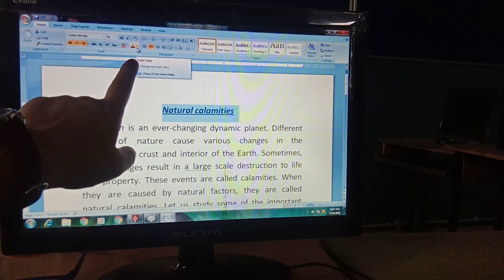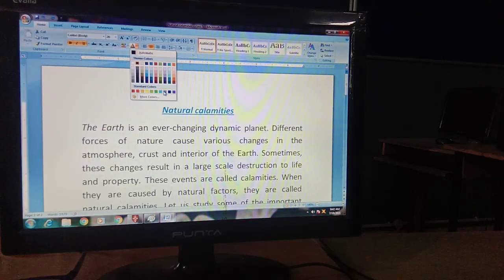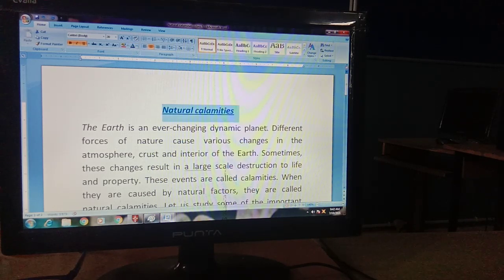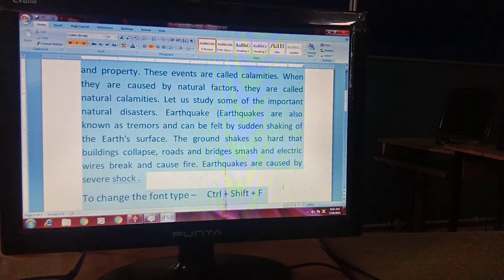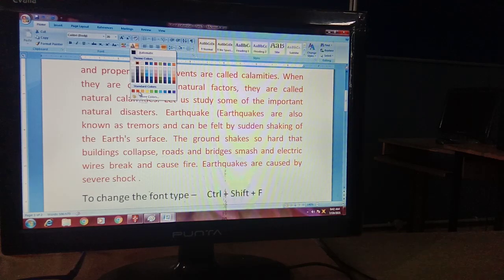From here you can choose the appropriate color that you want for your text. For example, I want to make the heading blue, and I want my text color to be red.